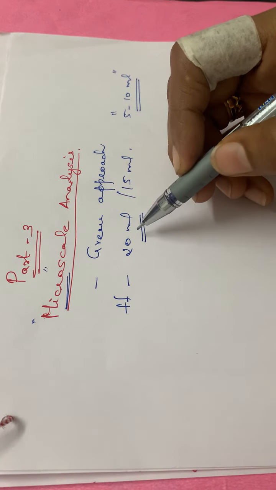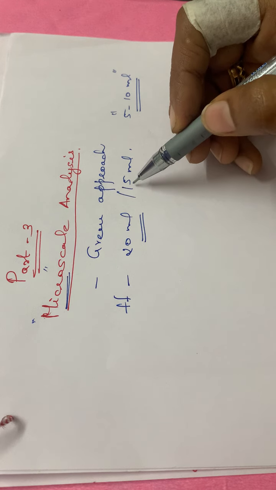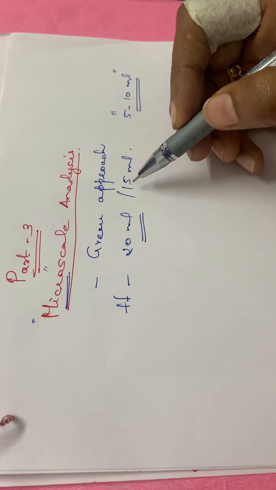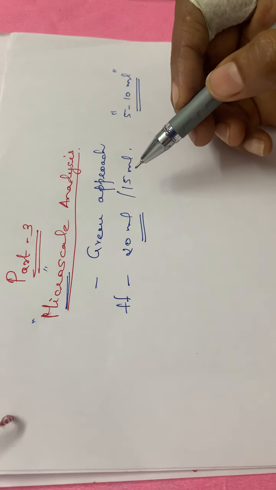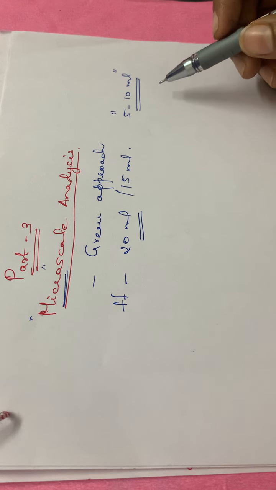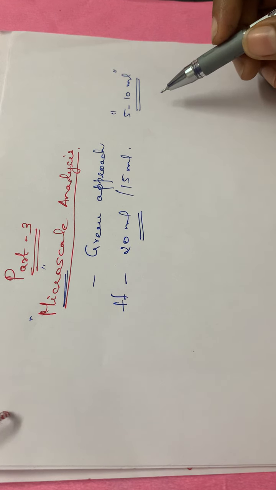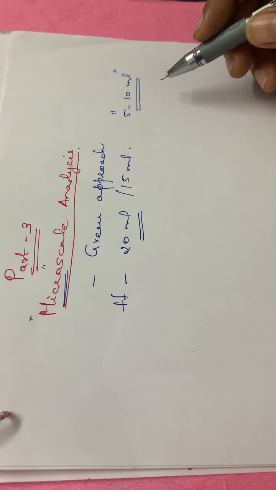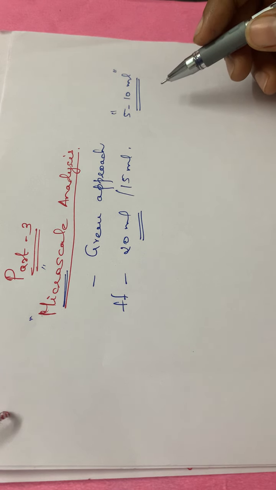Otherwise, if we have a 20 ml test tube, we will be taking about 15 ml of the reagent, isn't it? So we are doing a harmful thing to our environment. Almost all the reagents are not eco-friendly. Most of the reagents will not be degrading or disintegrating when reaching our environment or the soil.